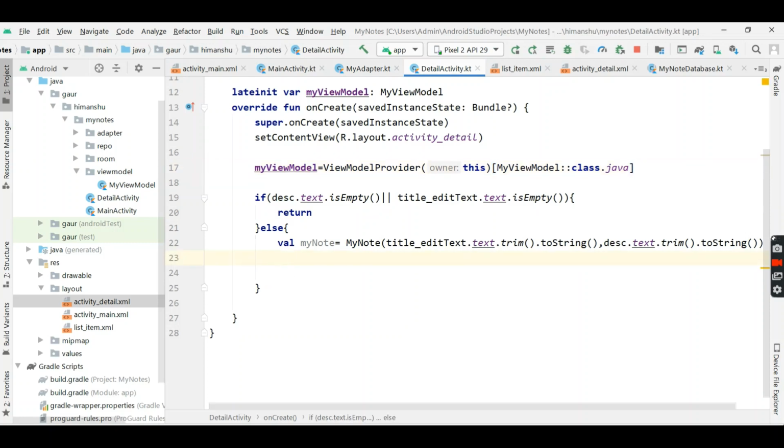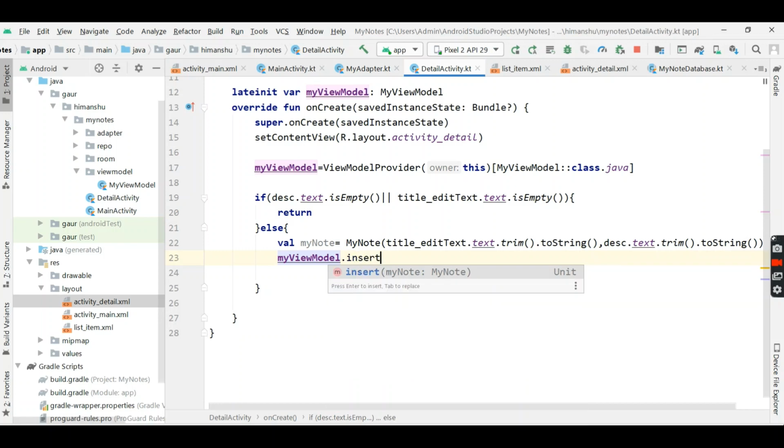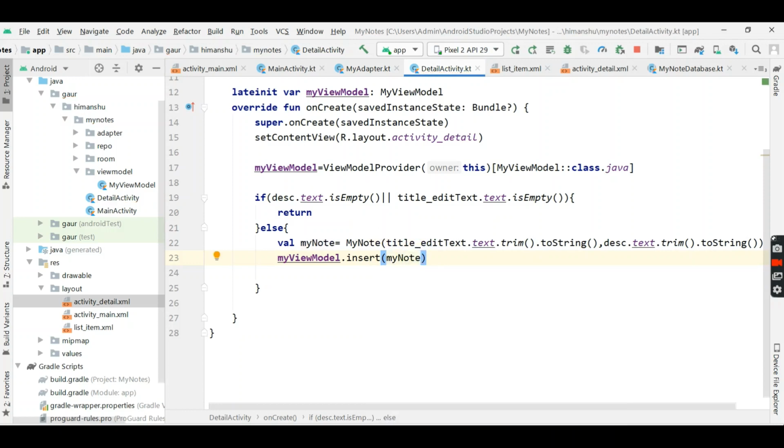Okay, now we will take this node and insert in our Room. So myViewModel dot insert, sorry for this noise, and my node. Okay, so we will simply add this node. We want to add this node when we press our save button.